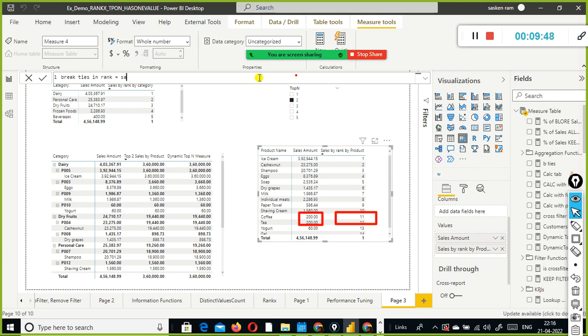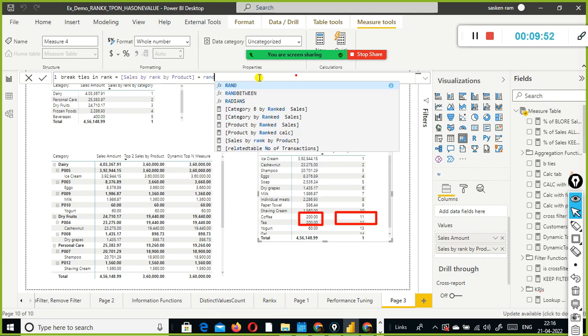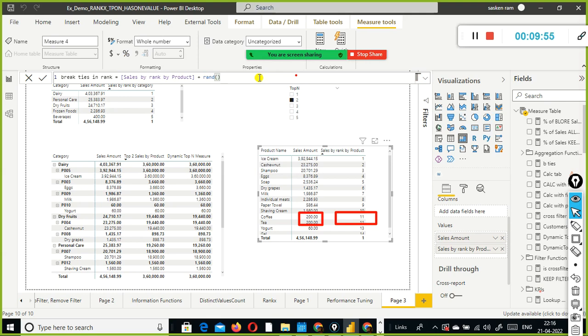So here I am going to take sales by rank by product, plus you need to use the rand function. The rand function will generate values randomly, between 0 and 1. So break ties in rank. If I simply drag and drop this here,